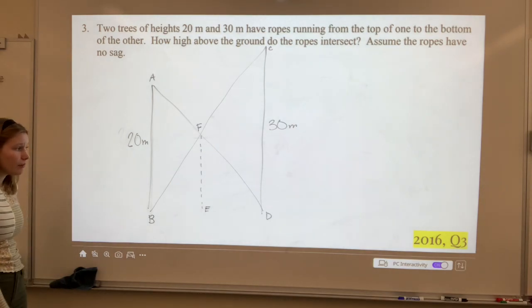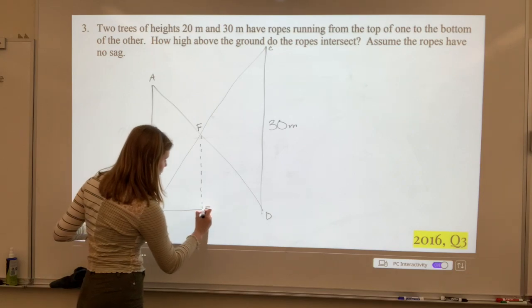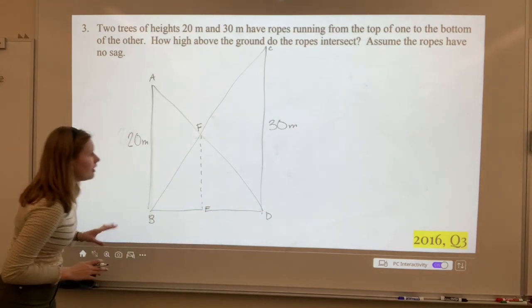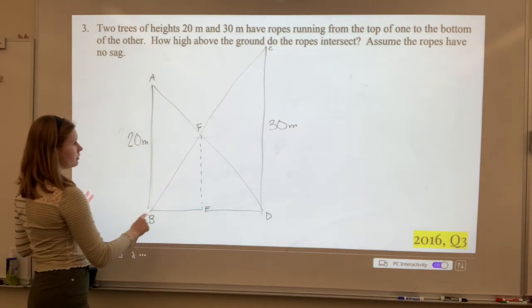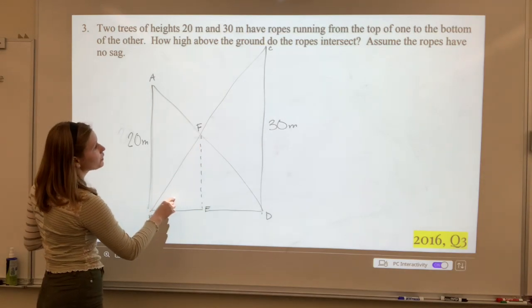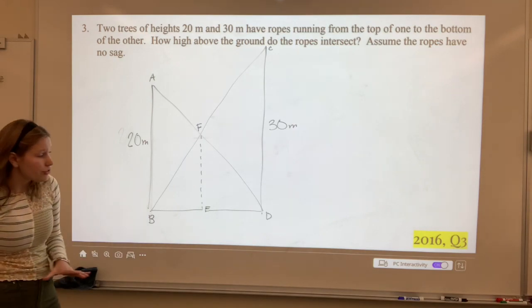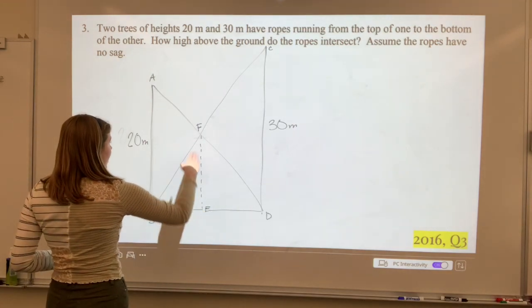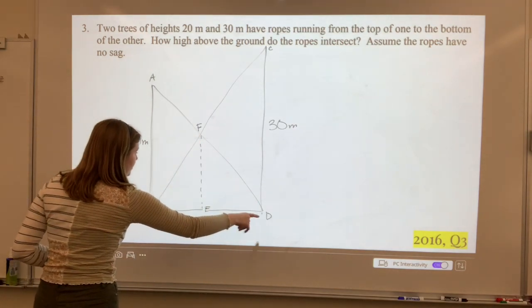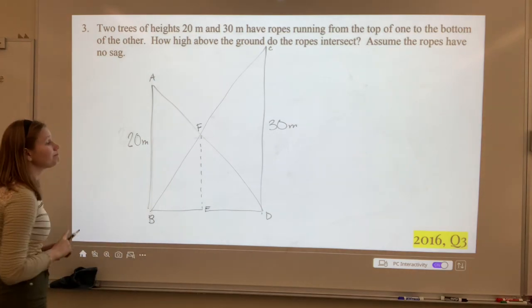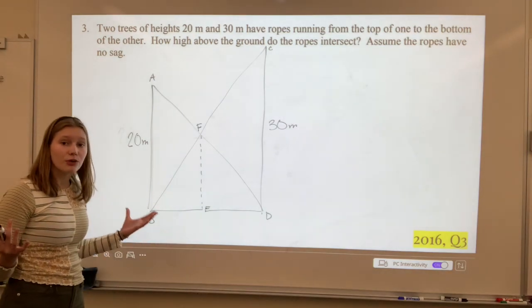Okay, so one thing to notice is that if you draw the ground down here, there's a smaller triangle, BEF, that's going to be similar to triangle BCD. Same goes for the other side. DEF is going to be similar to DBA. All right, so using these labeled vertices,